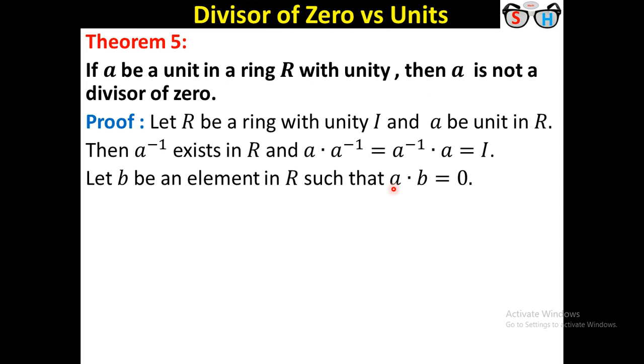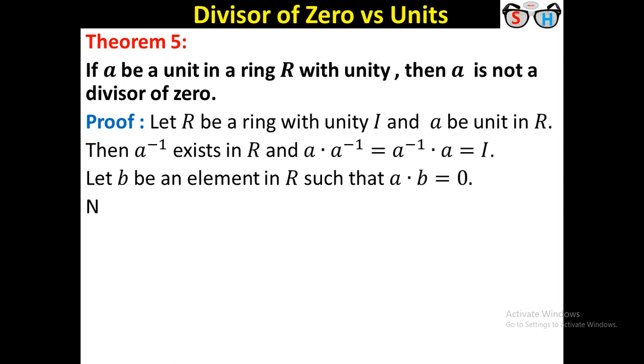Okay, repeat again. Here you have to show that A is not a divisor of 0. For that purpose, we consider A dot B equal to 0. Here A is non-zero, but we don't know about the nature of B. If B is non-zero, then here A is non-zero, B is non-zero. Product of two non-zero elements is 0. So you can conclude that A is a left divisor of 0. But if B is always 0, okay, so A is not a left divisor of 0.